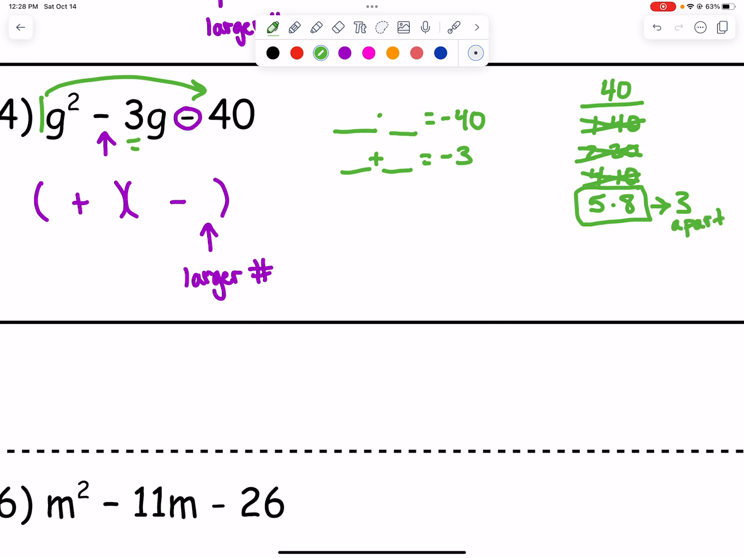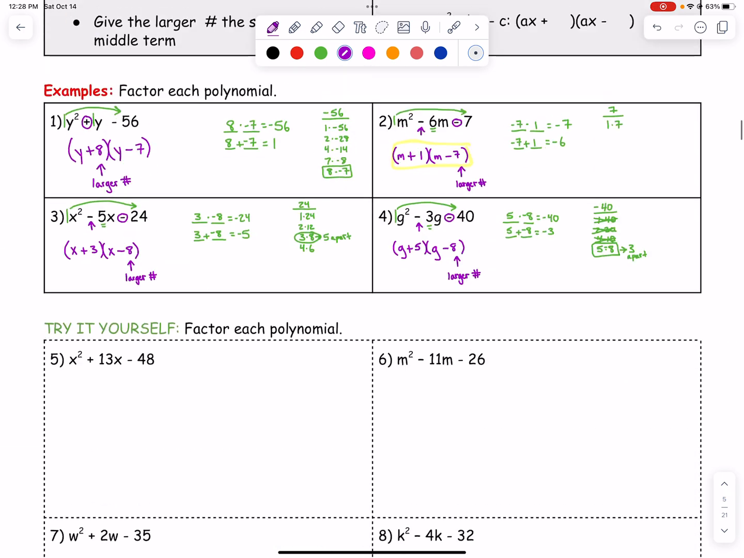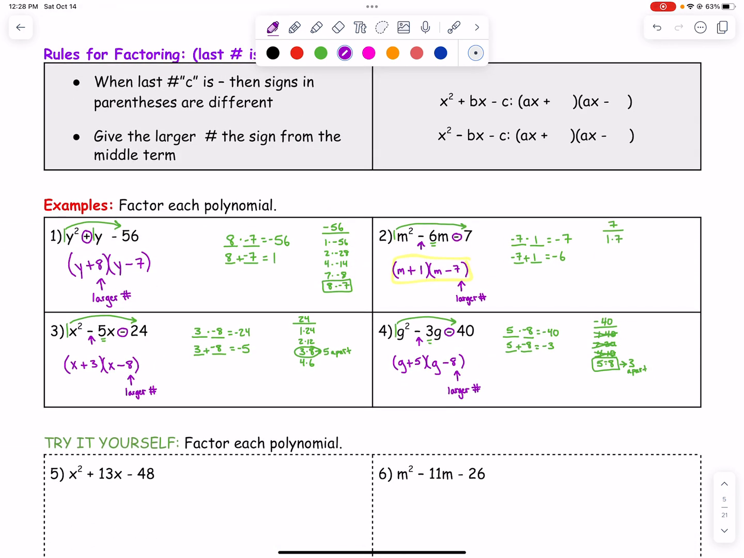Then we know to give the larger number the negative sign because we've already written that over here for ourselves. So let's say 5 and make it a -8 to give us that -40. So 5 times -8 and 5 plus -8 are our magic numbers. So let's put g plus 5, g minus 8. All right, so I believe that is it for factoring trinomials where a equals